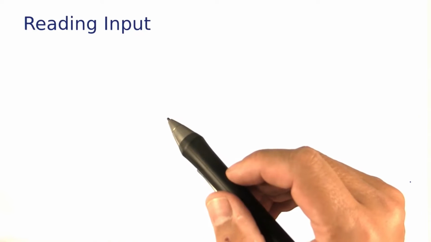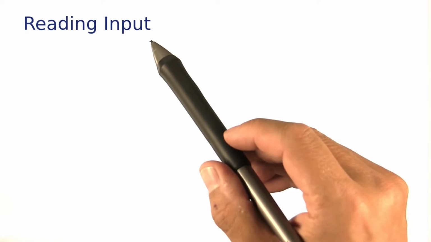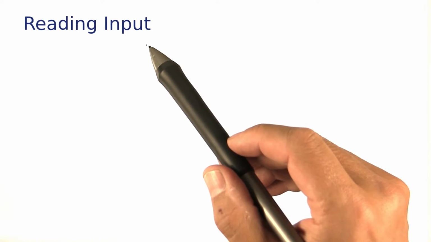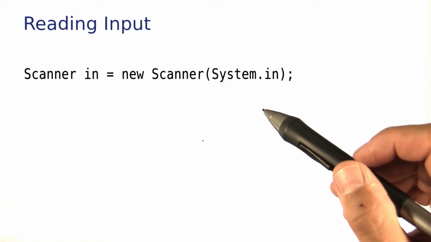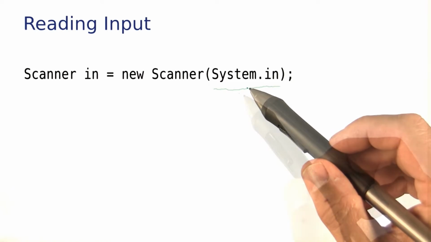You've written a lot of interesting programs already, and that's great, but one capability that was lacking so far was to be able to ask the user to supply input. Here's how you do it in Java. Just like you use System.out for output, you use System.in to get input from the user, but as it turns